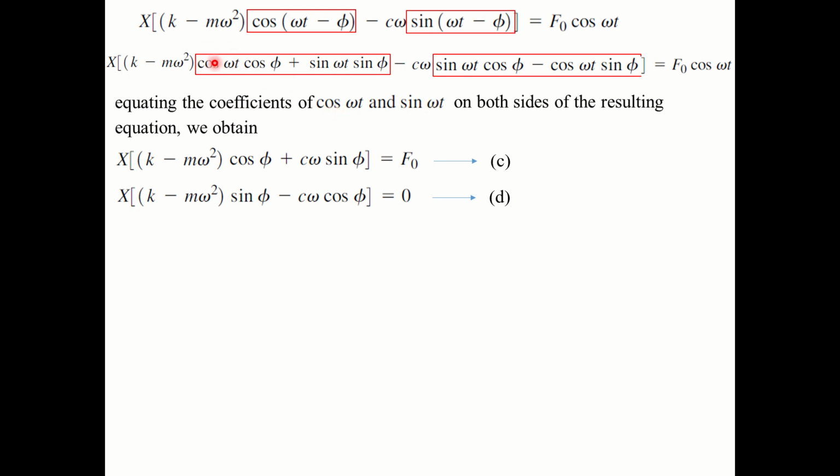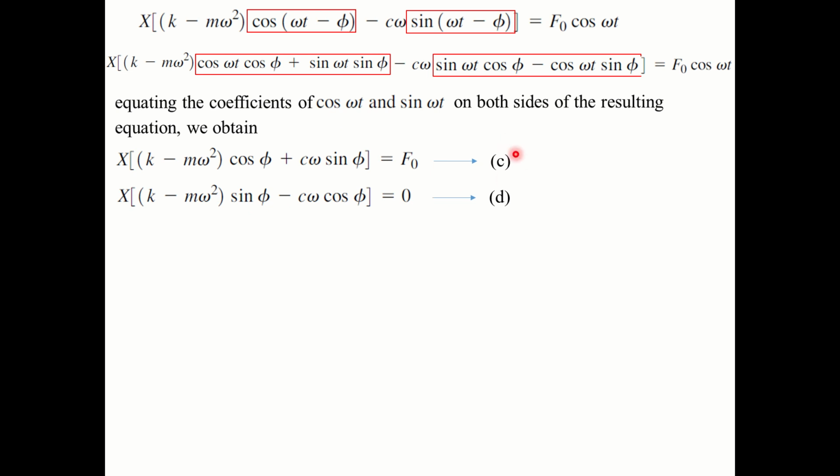cos omega t is here, here, here. Write down in one equation: take cos omega t outside, and on both sides it will get cancelled. So the remaining equation will be this equation. Next, in this equation, find out where the sin omega t terms are. Take sin omega t and keep it in one equation. When you are writing in one equation, sin omega t will be common, so you take it outside. Since this side is 0, both will get cancelled. So the remaining equation will be this final equation.